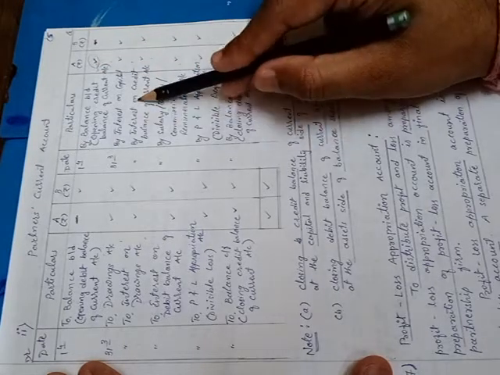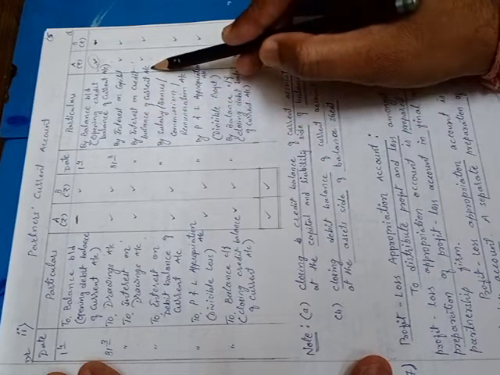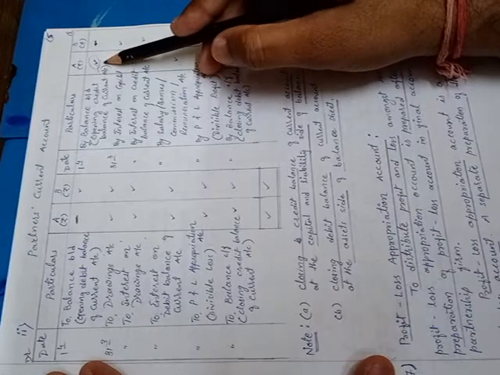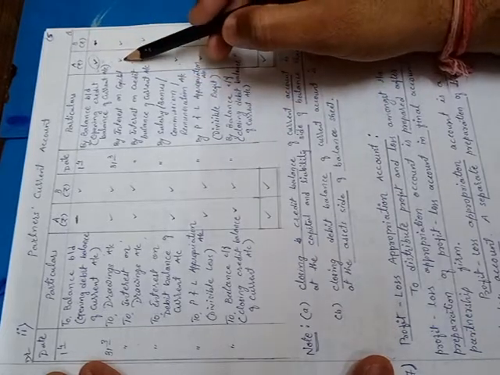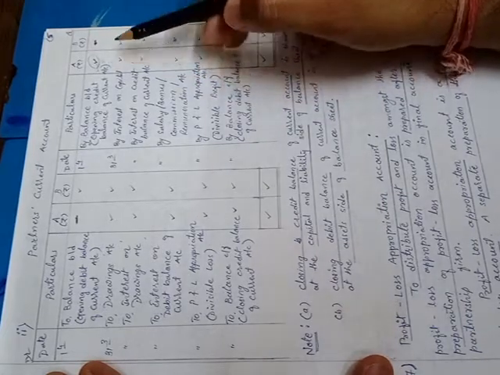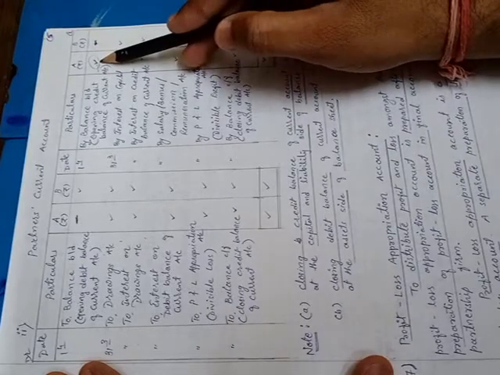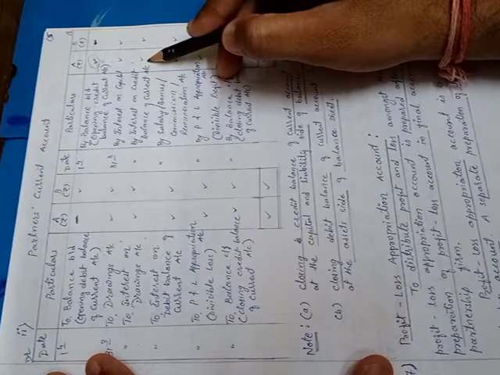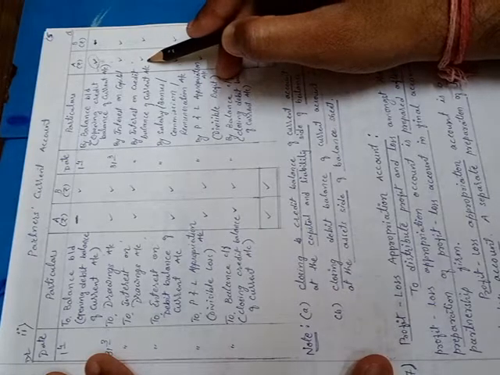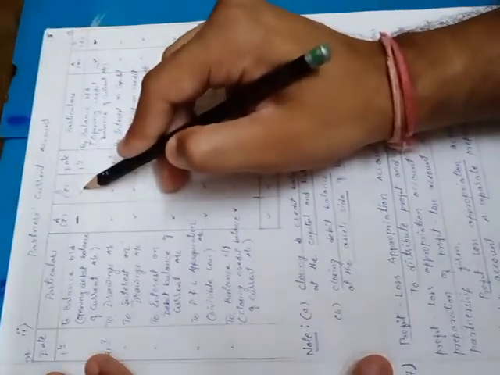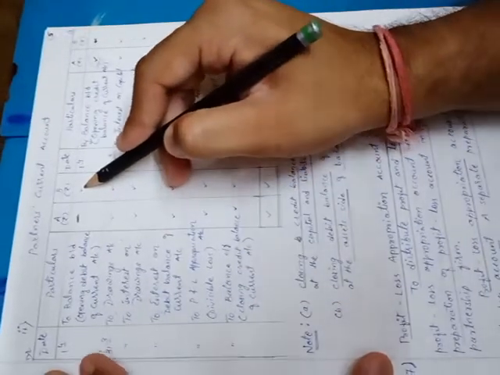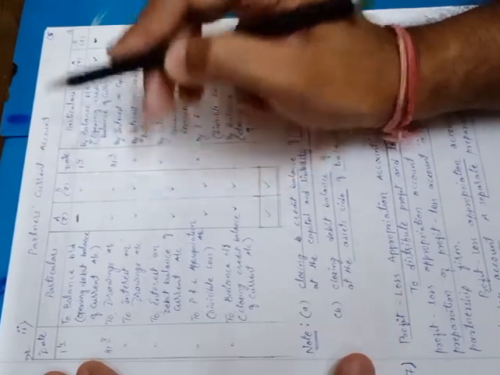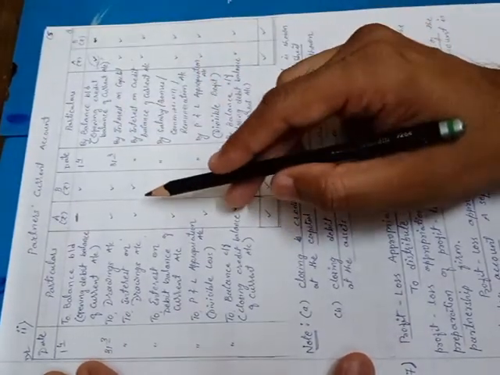That is, by interest on credit balance of current account. It is just like interest on capital only. Credit balance means it is called capital, right? So interest on capital is recorded on the credit side of the current account. In the same way, interest on credit balance of current account is also recorded on the credit side of the current account. And if we have a debit balance of current account, like partner B has a debit balance of current account, then interest on this debit balance of current account is also recorded on which side?